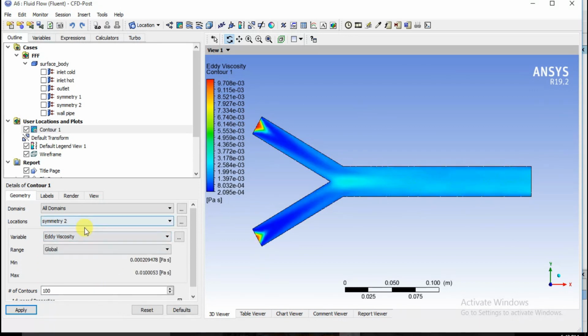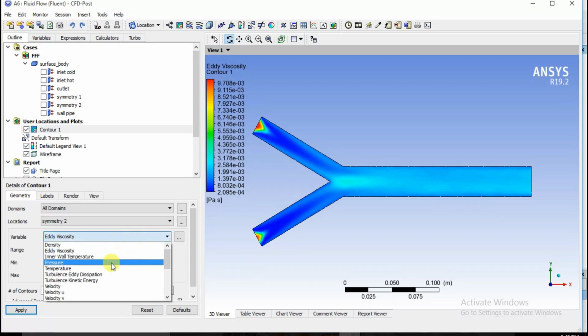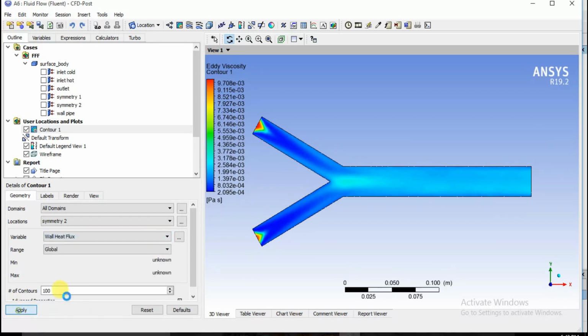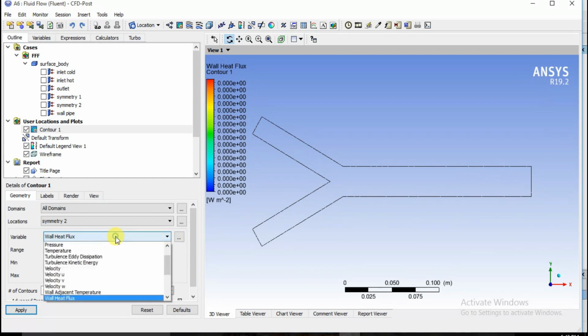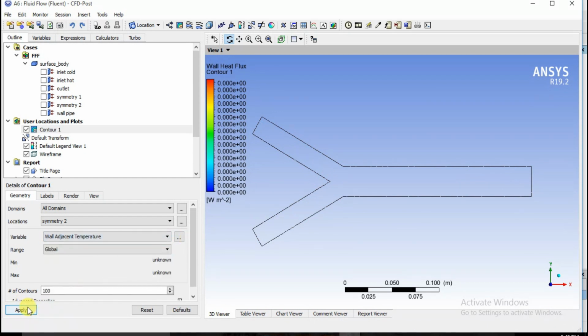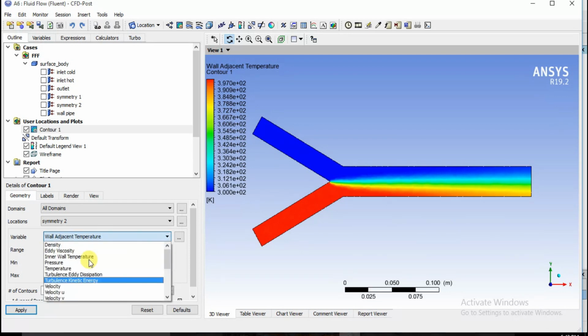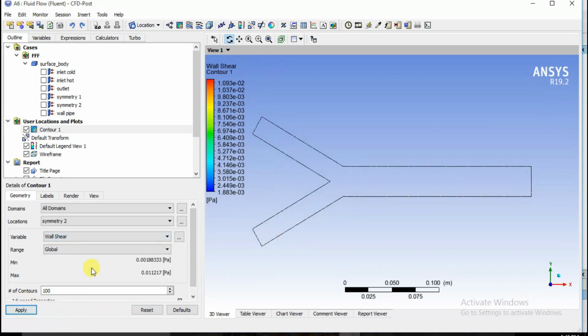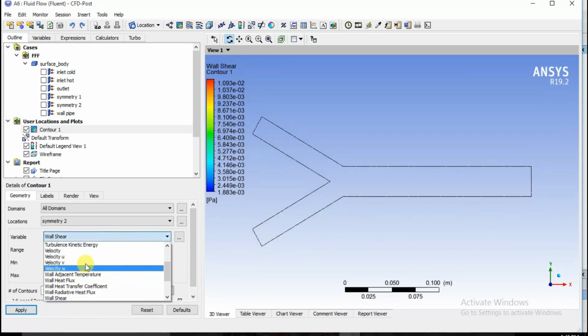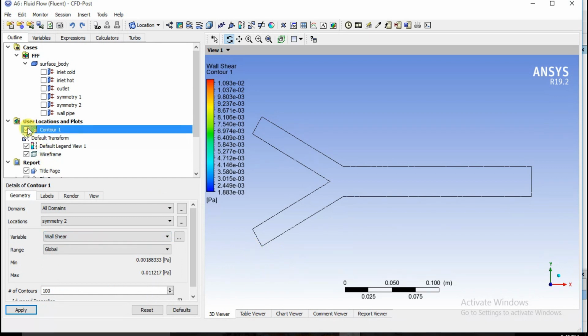Other values are also there. What is the wall heat flux? Basically we are not supplying external heat. Wall adjacent temperature, if you want to see. So there are other values which you can see from here. What is the wall shear stress? No shearing is taking place here. So we'll untick this contour, then we'll go to